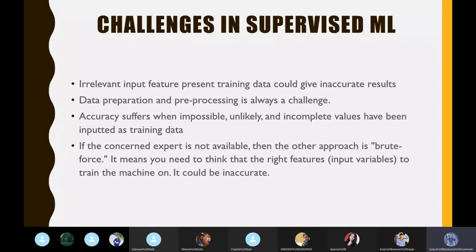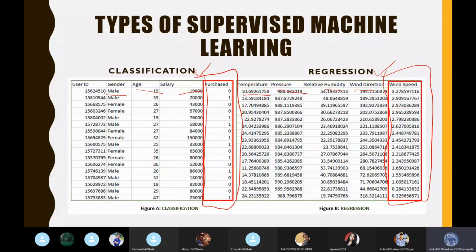For suppose, in classification, the model differentiates between 0 and 1. Let's say all the data set needs to have 0 and 1, but some values are showing 2 and 3. That data is not relevant for this data set. It shouldn't be 2 or 3. It should lie between 0 and 1. So such data situations need to be avoided.